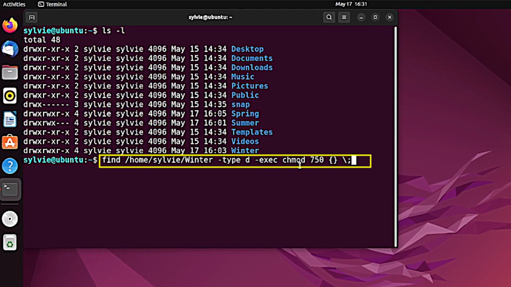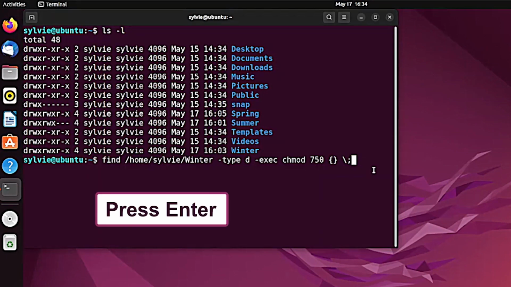And chmod command changes files and folders permissions, and this value will add read, write and execute permission to the owner, and read and execute permission to the groups, and no permission to other users. And this is a placeholder that represents the name of the found file and is replaced with the actual file name when the command is executed. This portion indicates the end of the command. Now pressing the enter button to continue,